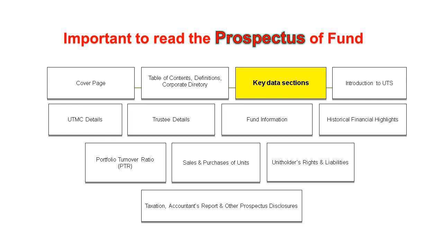Okay, the key data section is part of it, where they tell you all the basic information: the fund objective, fund investment strategy, which country they invest in, how many percent equity, how many percent local, how many percent bond, everything is there. Right, you miss a lot of things now, don't worry, by the end of the day you will roughly know what is meant by the bonds and so on. The key data section tells you the summary, the important parts. For example, charges, how many percent you have to pay, management fee, trustee fee, everything will be highlighted there. So you know what are the fees and charges you have to pay on a yearly basis, based on daily calculations.